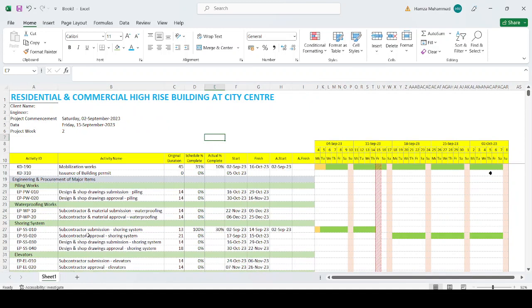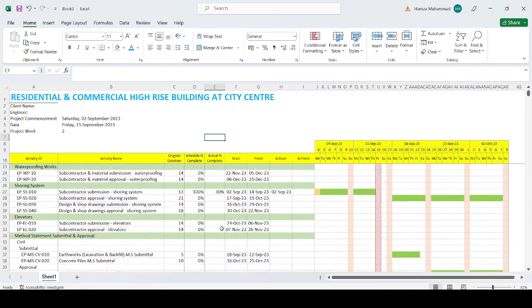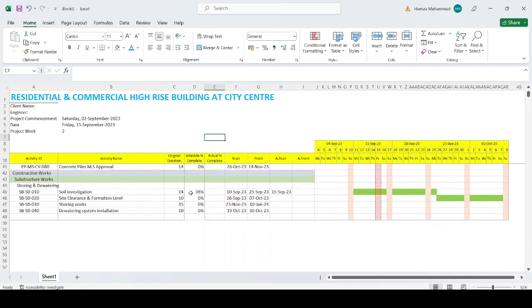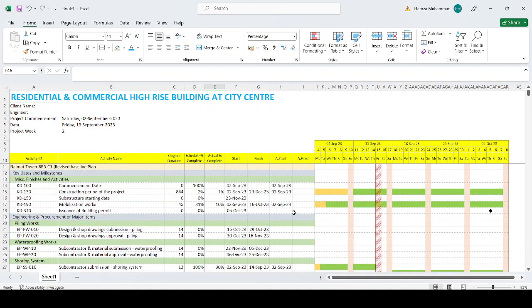Now you can see that our Gantt chart is almost ready, and now you can put the actual start. For example, this 38% as of 15 September. This should be 38% completed. We started from 15 September, and we just give 5% here. 5% was shown. So if you give 10%, some percentage is shown. So there is a little progress here. In this way you can make your Gantt chart, and I hope it is helpful for you,